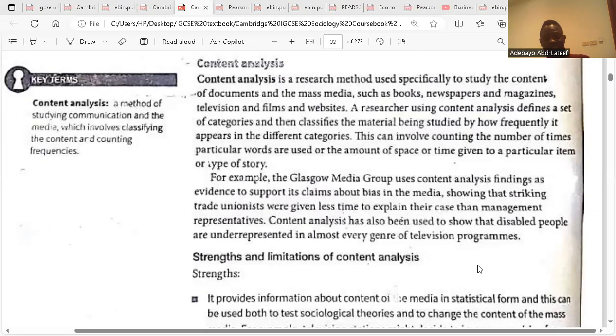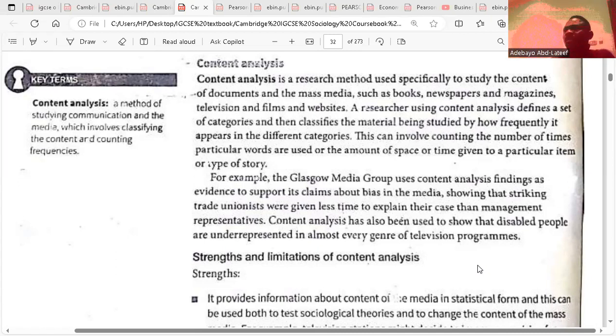So another method of research is content analysis. When we talk about content analysis here, you are using text, you are using news, you are using information from the mass media, like the news house, like the TV channels, to base your research evidence. That is what content analysis is. So the news they've come about, the articles they've written, the stories they've talked about frequently. So when you use it as a research method, when you base your research on it, then that is content analysis.